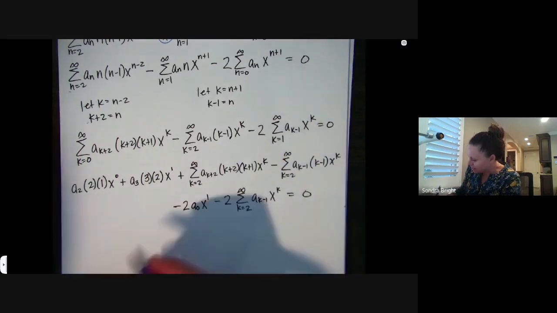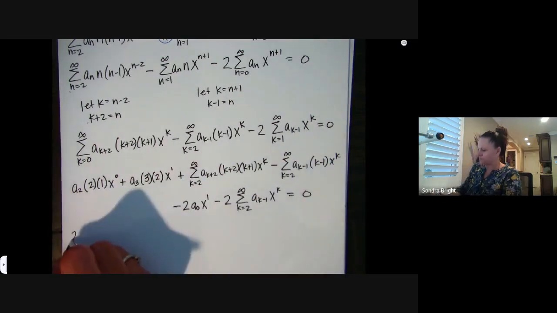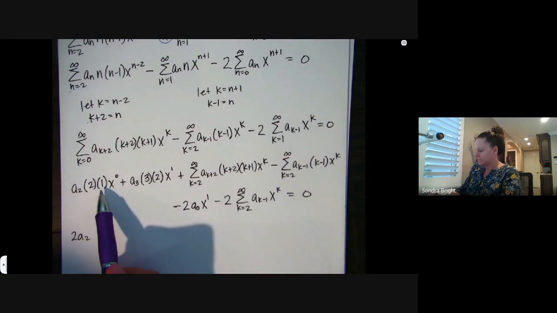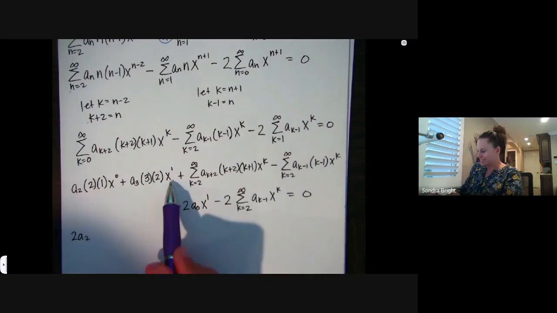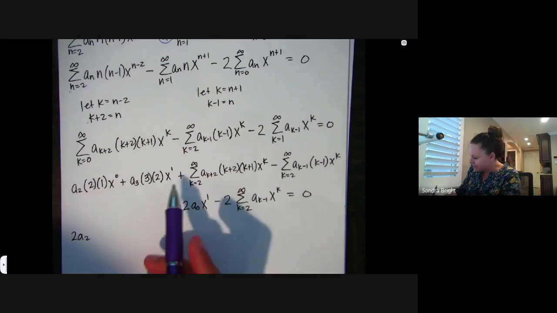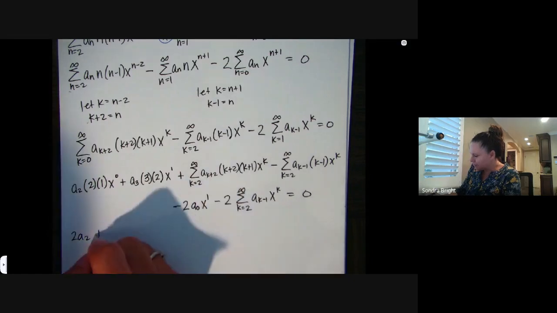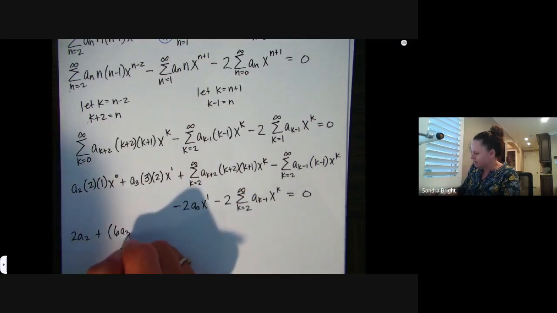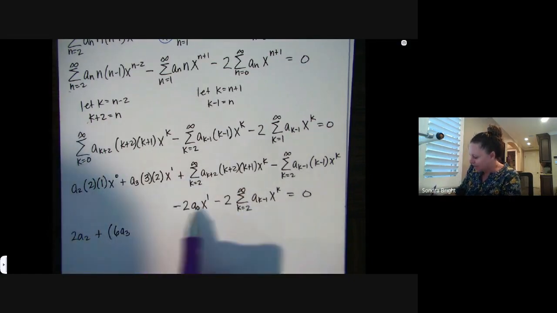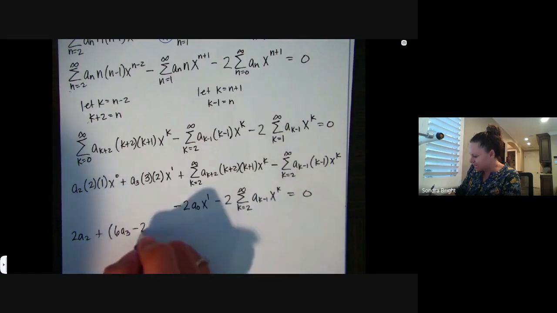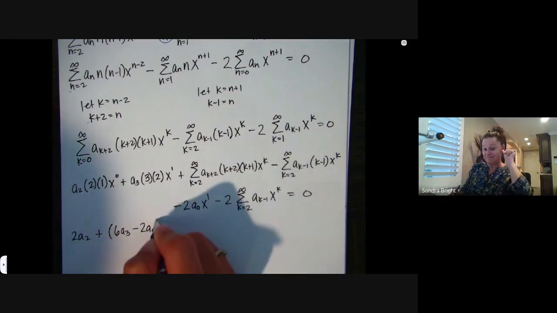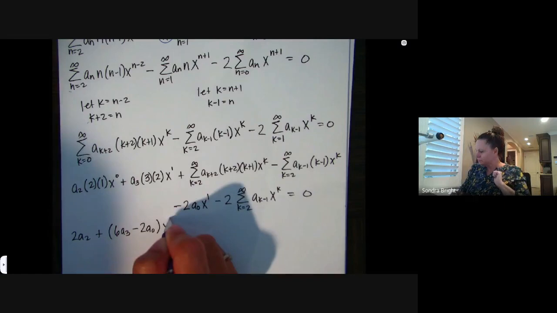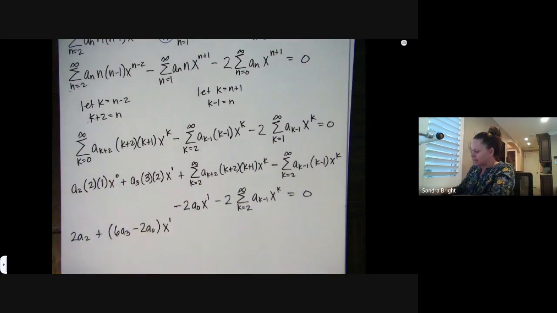This is a 2a2. If I factor out the x, this would be a plus 6a3 minus 2 a naught times x to the power of 1. All right, so I took care of that and that and that, and then I still have these 3,